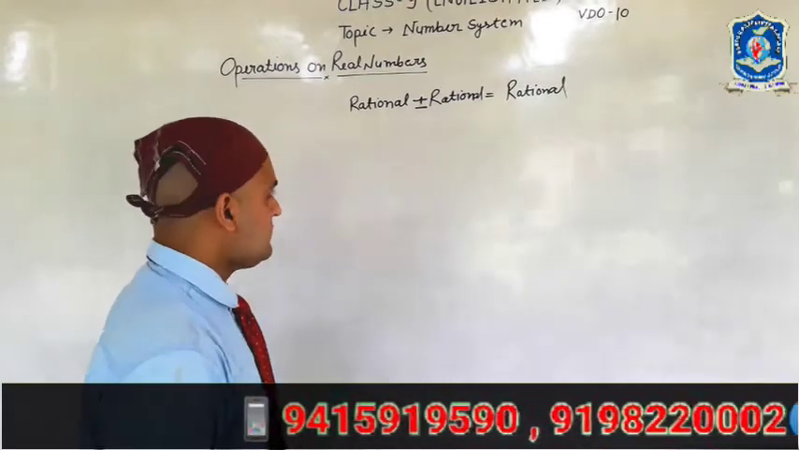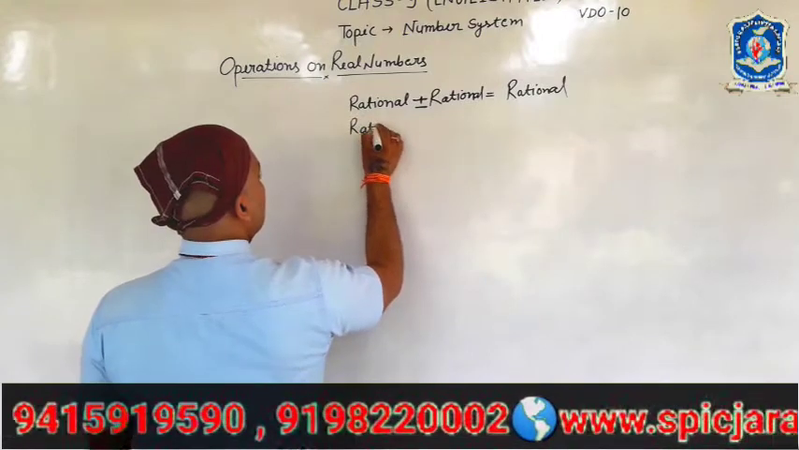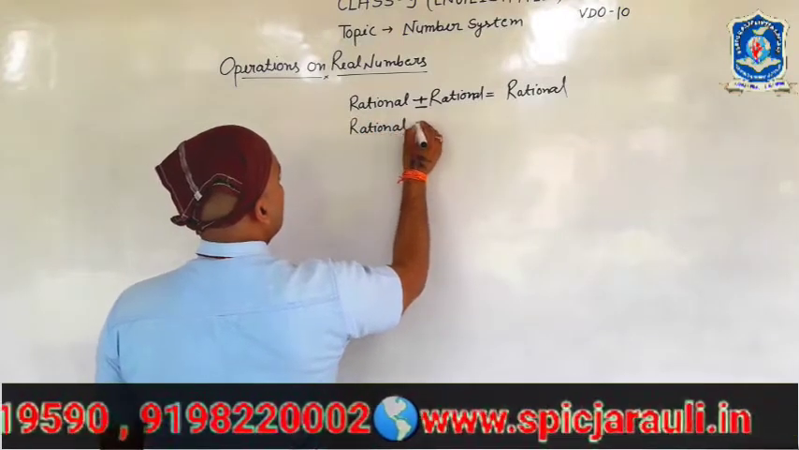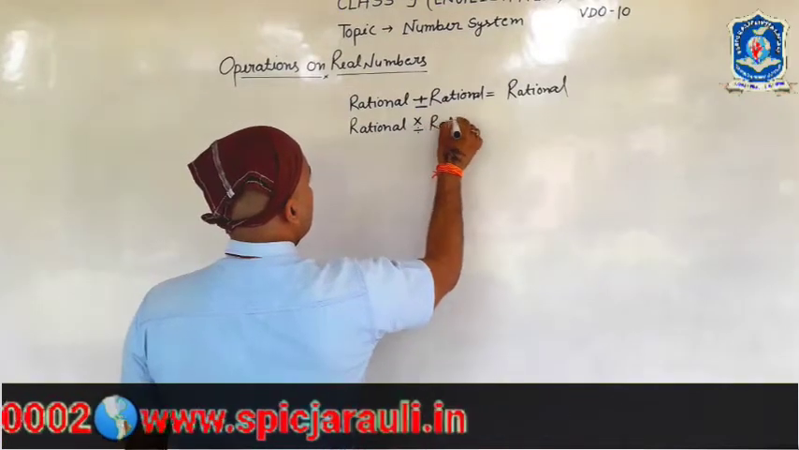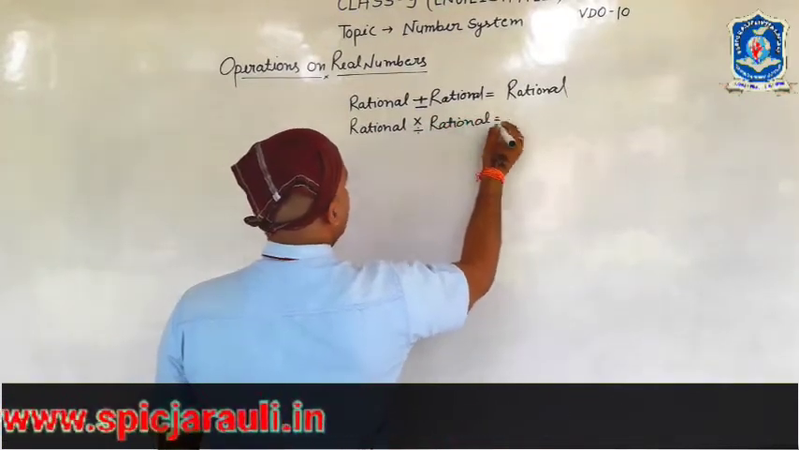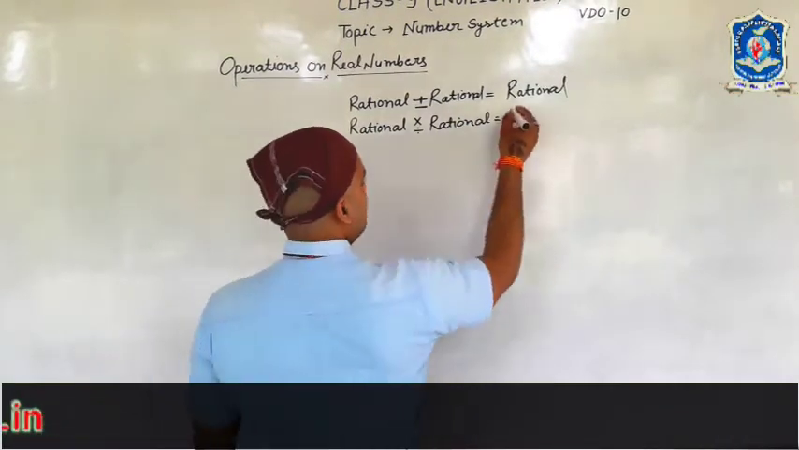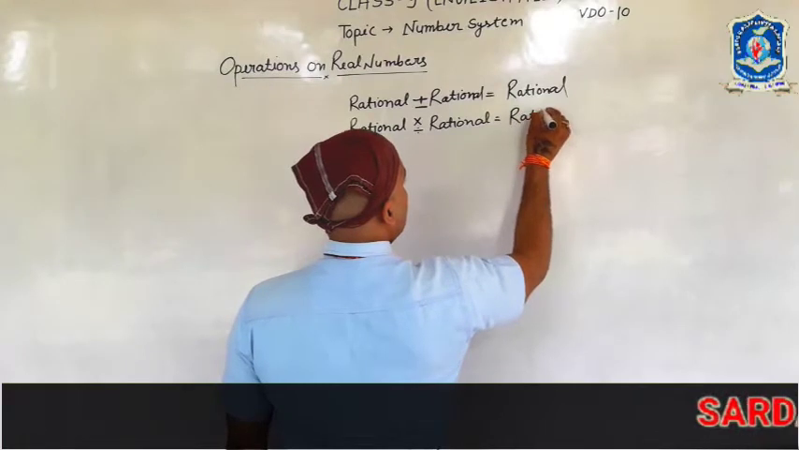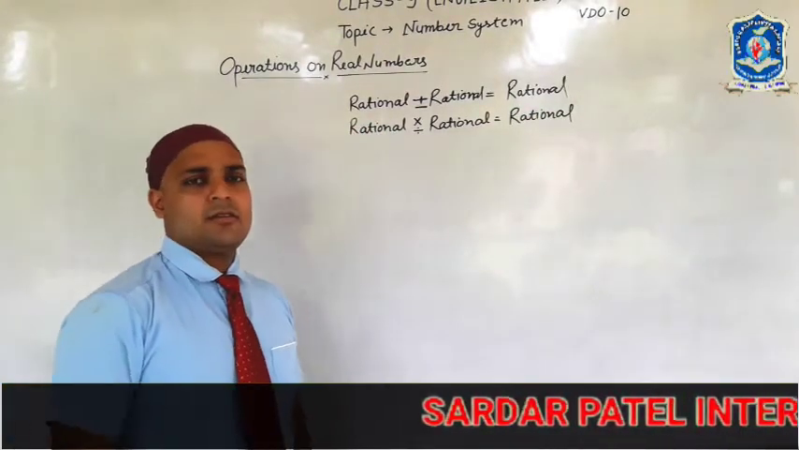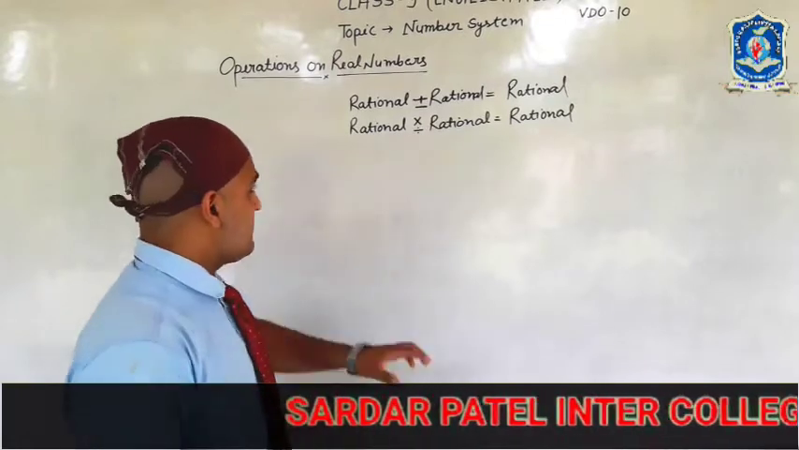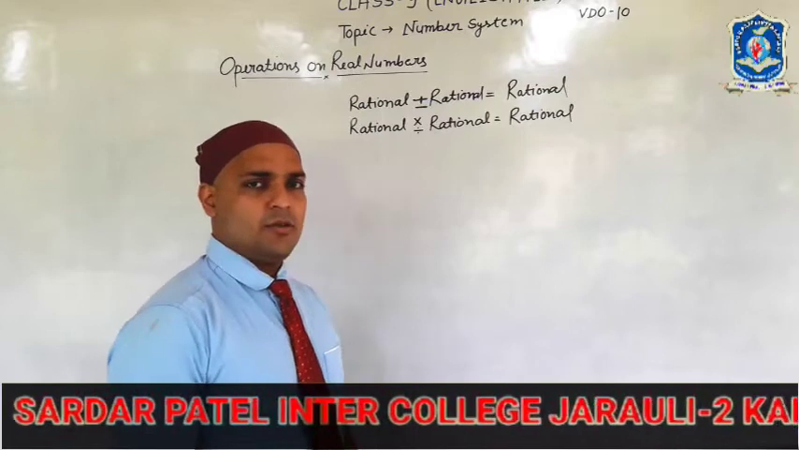If we multiply or divide a rational number and a rational number, it also gives a rational number. Okay students, now this was based on rational numbers. Now if we take irrational numbers,